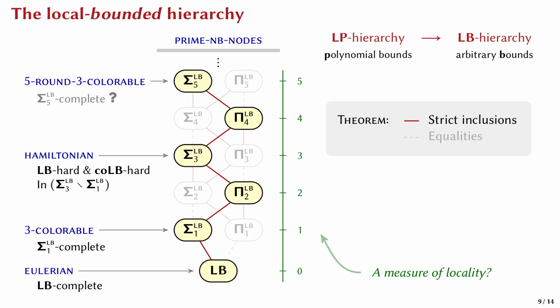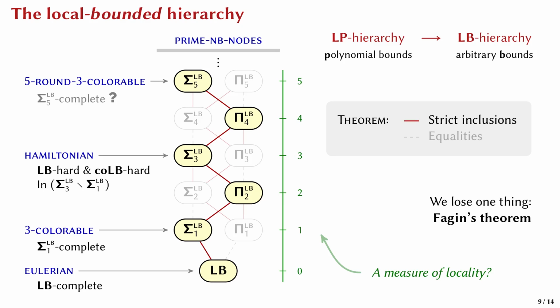But just before we get to that, I must mention a rather tragic twist in the story. You see, although most of the results from the previous hierarchy carry over to this general setting, there's one thing that gets lost in the process, and that's Fagin's theorem. So that's quite funny, right? This theorem was the starting point of the entire story. It guided the definition of the framework, and it was the main tool to prove most of the results on this very slide. And yet, it's the only thing that does not generalize to arbitrary bounds.